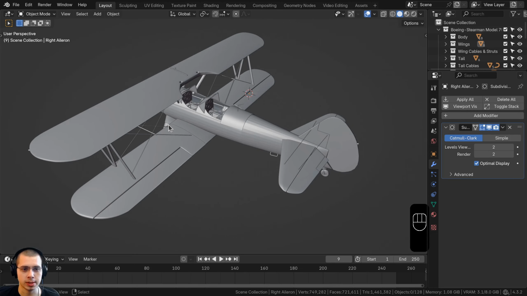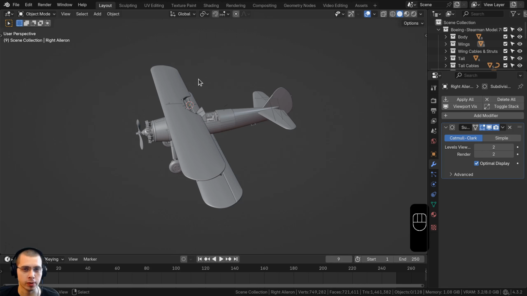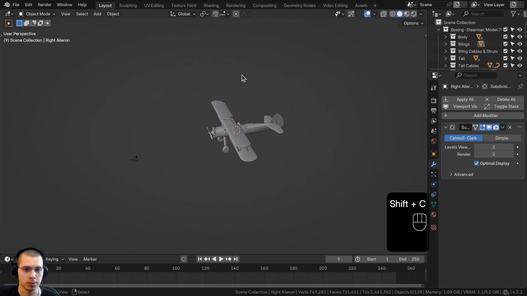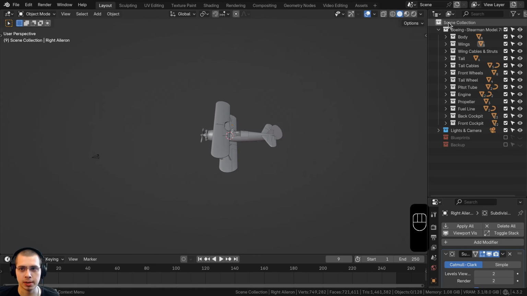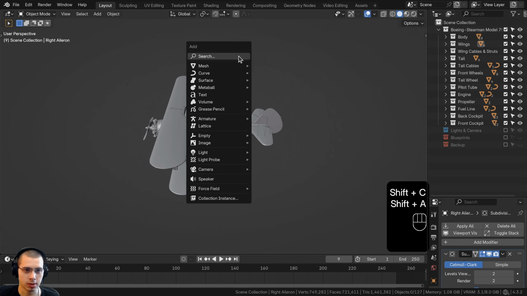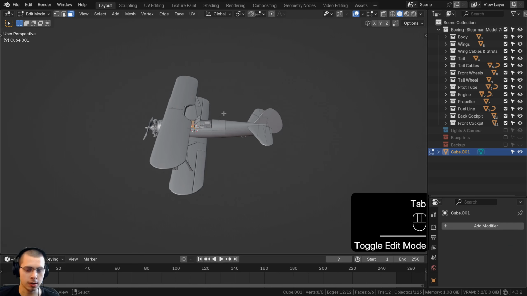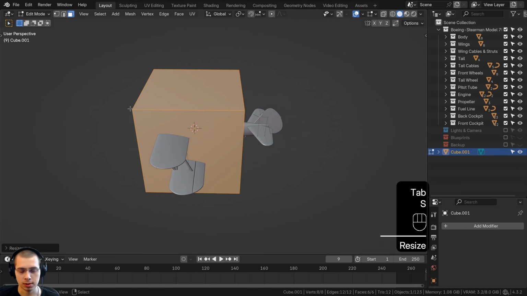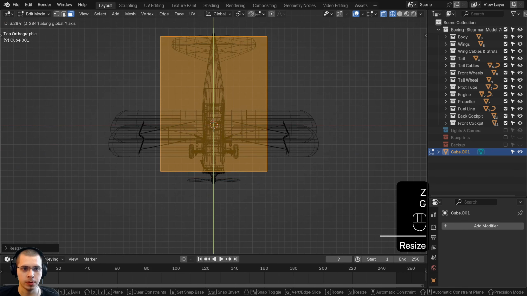So now what I want to do is add one main object, which is going to control the entire airplane when you're moving it around or animating it. So I'm going to hit Shift C to center the 3D cursor, and let's open up the side panel here, open up the outliner, and we're going to hide the lights and camera just to get that collection out of the way. Just hide it so we don't accidentally rig it. Then I'm going to go to the add menu and add a cube. And in edit mode, I will scale the cube up. Let's go to top view, and I'll scale the cube up, maybe go to wireframe,